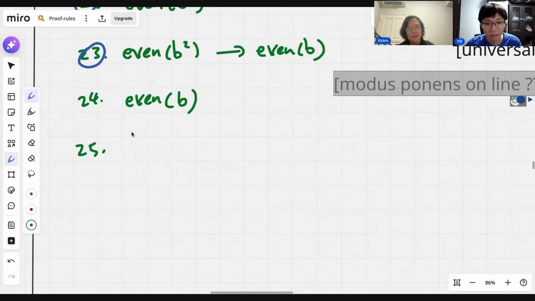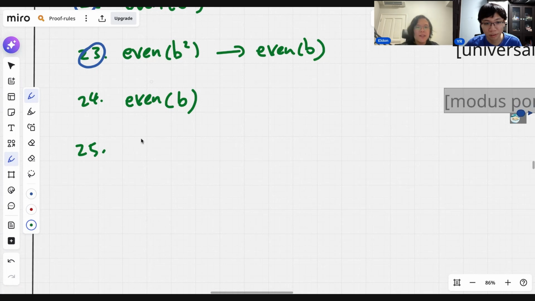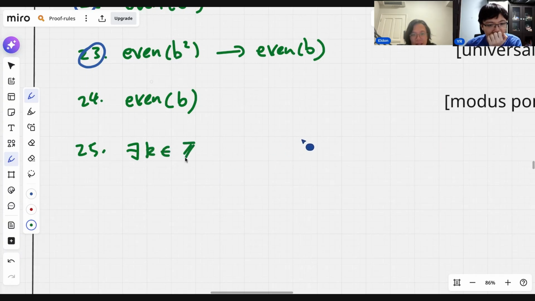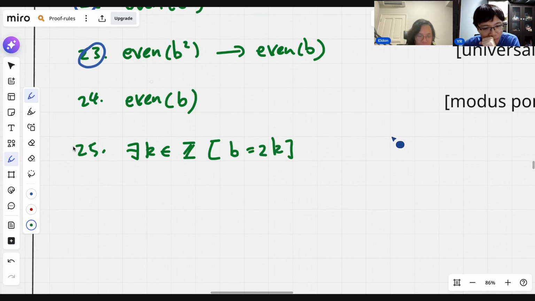Okay. So what we can say is that there exists a k in Z such that b is equals to 2k. This is the definition of even, right? And now what we're going to say is